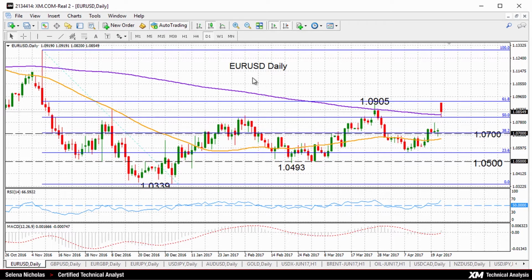So we'll start with EURUSD on the daily chart, and we can see EURUSD gapped up more than 1.5%. Today it rose above its 200-day moving average. It's the second time this year, and it beat the previous 2017 high of 1.0905 today and reached